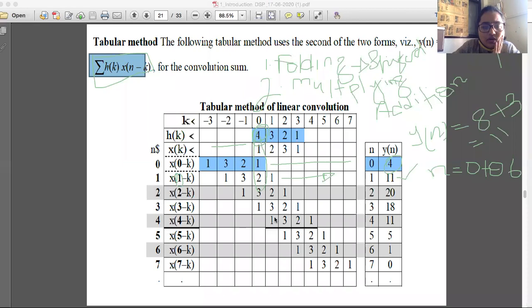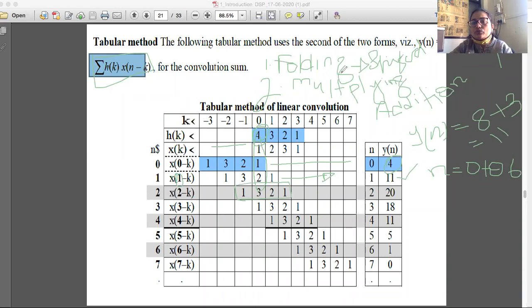Okay. So here the next value that we are going to substitute is n equal to 2. So this will be shifted by 2 units to the right hand side. As we are shifting it 2 units to the right hand side, the sequence will be like this. Here you can observe that this will be the new sequence now after shifting. So folding, shifting, we have reached up to 2 steps.